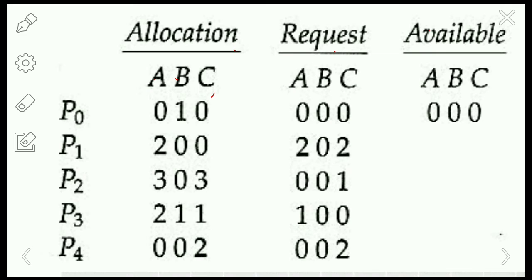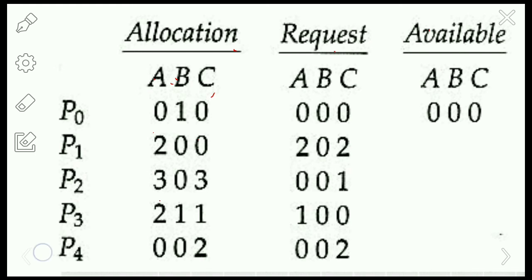For each resource type, we have multiple numbers of instances, like 3, 2, 1, 0, and more. If we are using a single instance, it means there will be only one resource. So now let us solve the deadlock detection algorithm here.